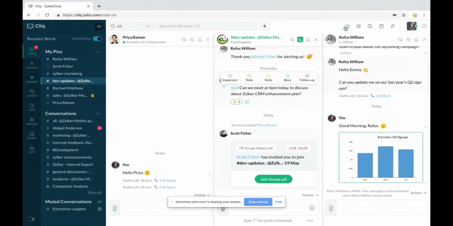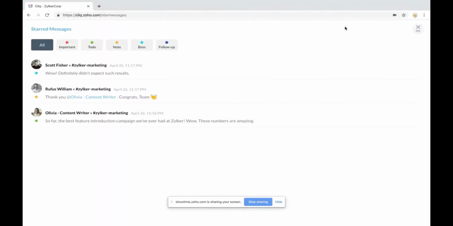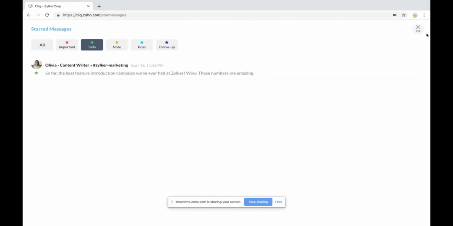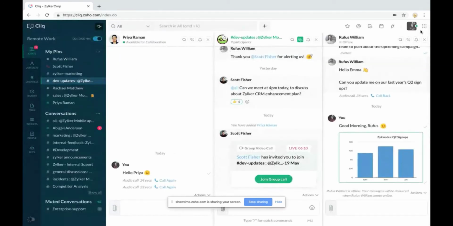On the top part, by clicking on the starred messages icon, you can get to view all your starred messages and also get a view of them under different categories. The next one is integrating extensions. We can also keep track of our project workflow and dates by integrating extensions like Zoho Projects, Trello, Asana, and others to perform actions like updating the task status and others right from within Click widgets.